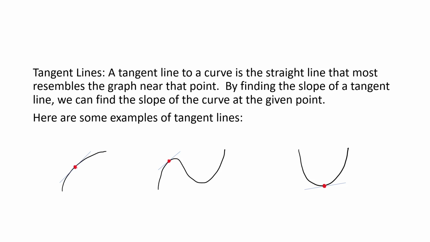So for instance, let's look at this first graph here. Let's look at this red point. If I said to you, what's the tangent line there? It would be approximately this blue line. That blue line touches the curve in only one point. Similarly, on this next curve, there's a tangent at that point, and in this next curve, there's a tangent at